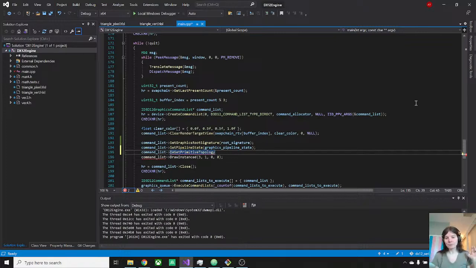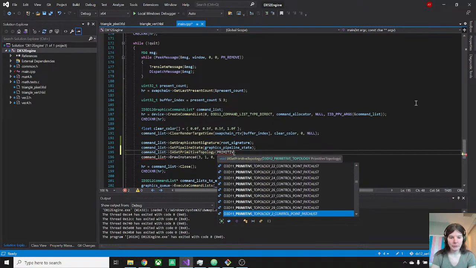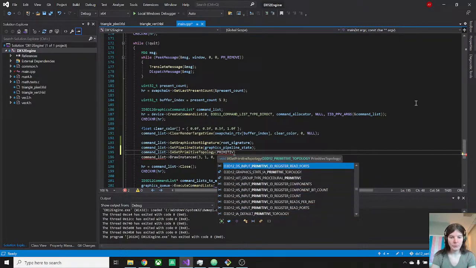So we know that we're rendering a triangle, but we need to tell the input assembler that we're reading triangles, or that the vertex shader is producing triangles. We're not actually reading any data in the vertex shader, which makes this a little more confusing. So we need to set the primitive topology to